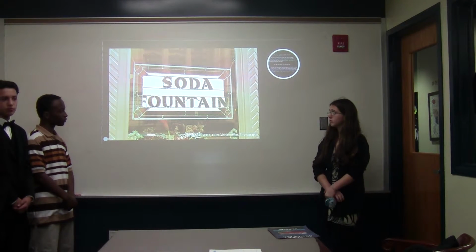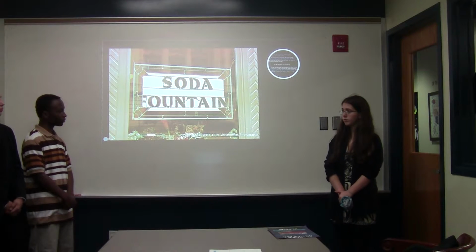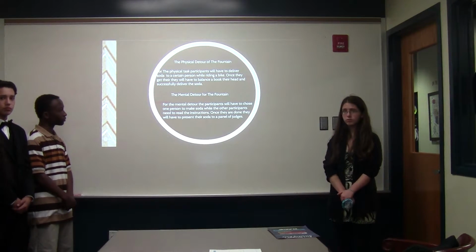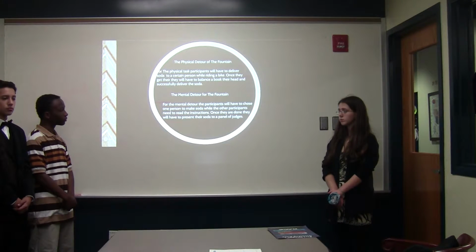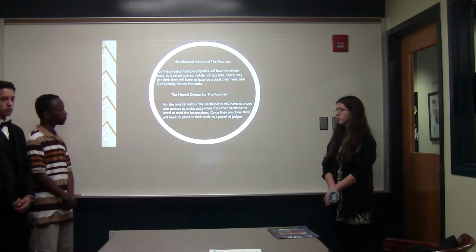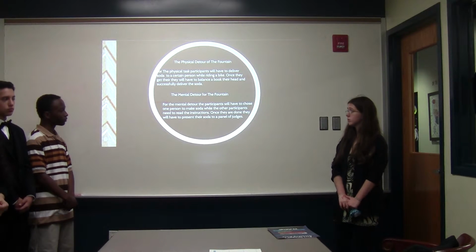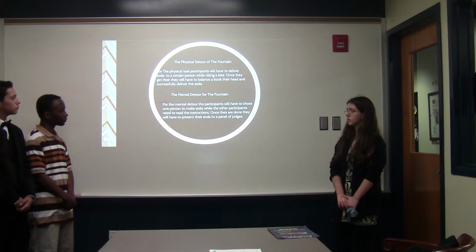The next detour that we have is at the soda fountain, which is in the Lincoln Tower. For the physical task, we're going to have them deliver sodas to certain people around town. They're going to have to ride bikes and have the soda in their hand. So once they get there, they're going to have a book on their head, and they're going to have to walk to this person and deliver the soda